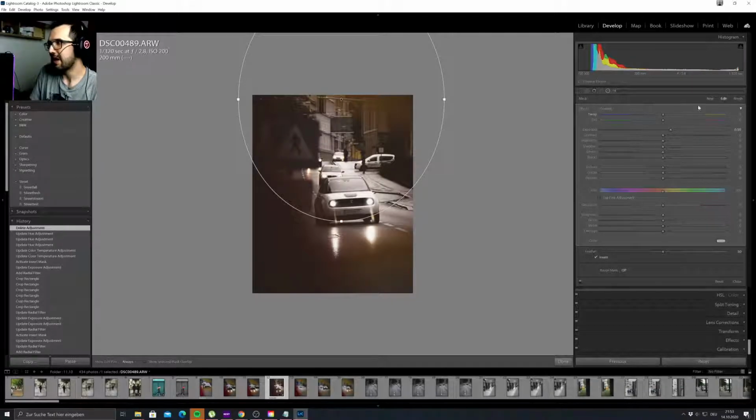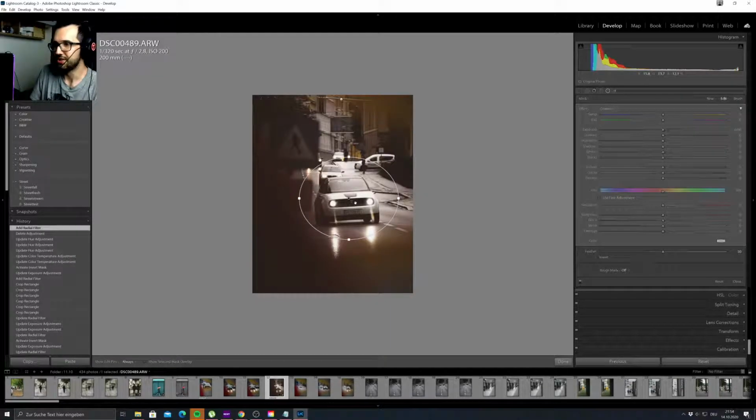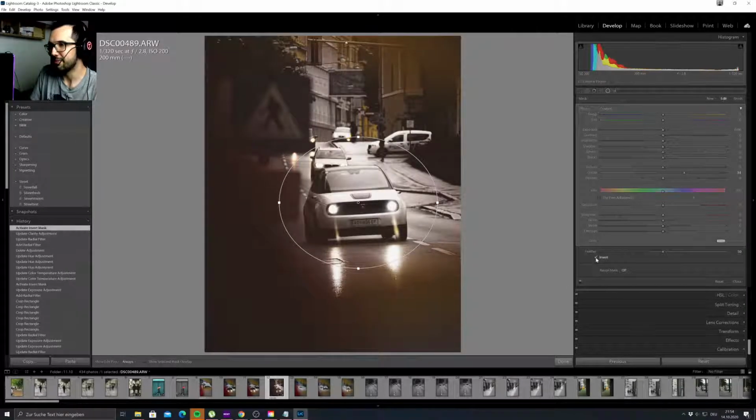So I put in this radial filter on top just to make the shot a little bit more dynamic, and now I put another radial filter in my shot, and this goes right onto my subject, this car. And now what I like to do is to paint in a little bit more of the details of the car. For this case there is some reflection going on. What I'm trying to do is first invert the mask, of course,